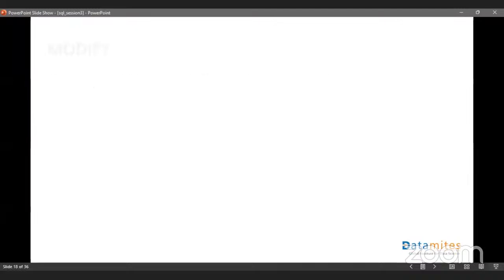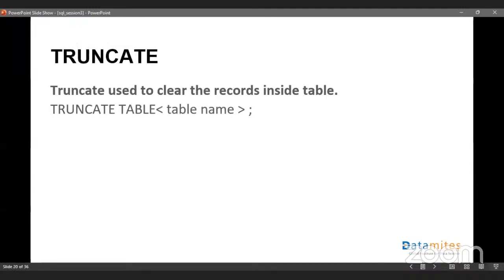So dropping, I showed you how to drop a column. Okay, modify that, rename this term. Truncate, basically used to,